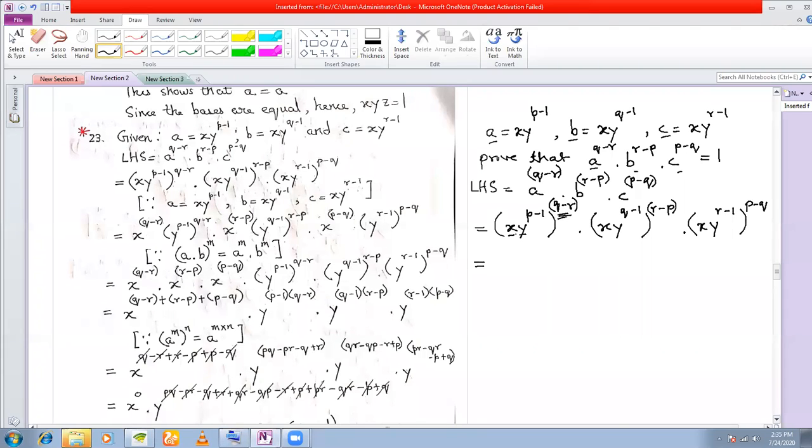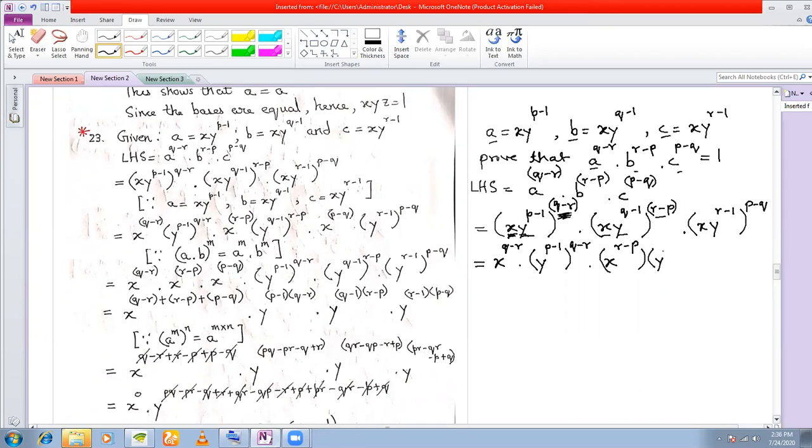power q minus r will distribute between x and y to the power of p minus 1. So this can be written as (x to the power of q minus r into y to the power of p minus 1) whole to the power of q minus r, isn't it? Because this index will distribute between x and y. Similarly, this r minus p will distribute between x and y to the power of q minus 1. So x to the power of r minus p